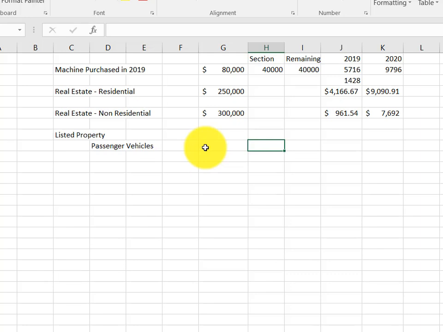So what happens with a passenger vehicle? Let's say that we got a fairly expensive passenger vehicle, not an SUV, but a passenger vehicle. Let's say it cost us $90,000. All right, we could take a bonus